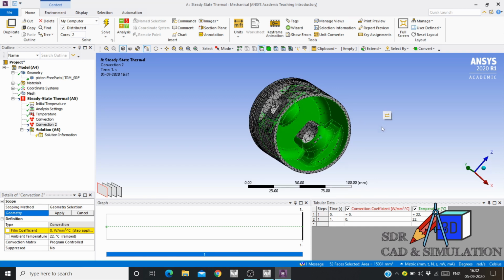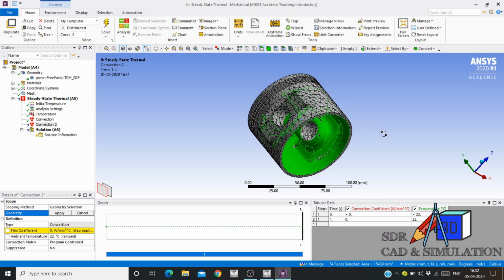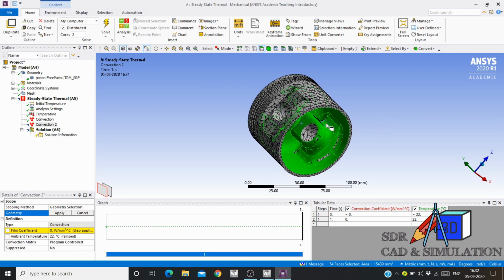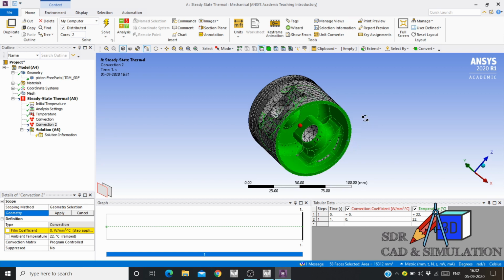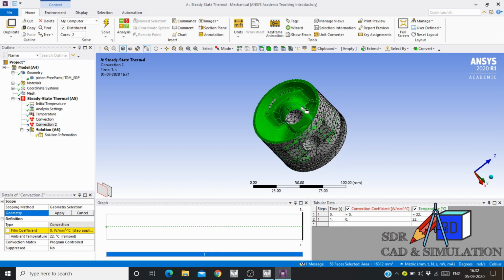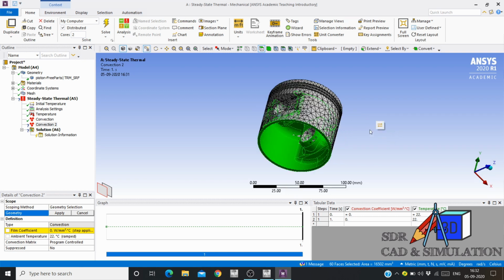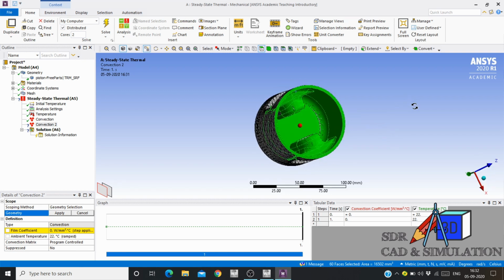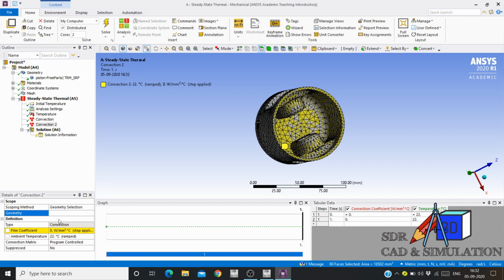You can rotate it several ways to see whether each and every face is selected or not, as I am doing. See, there are little surfaces down and we need to select this surface too. There is a small surface here, I need to select it. After selecting all this, make sure you click on apply. Enter the value as 0.05.